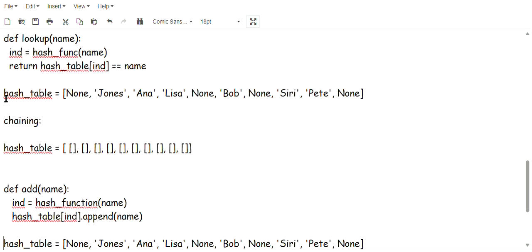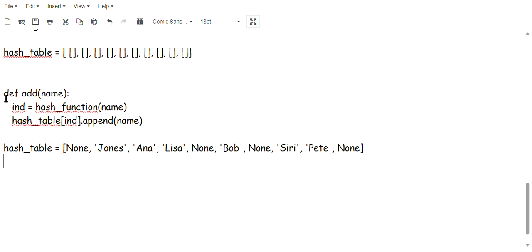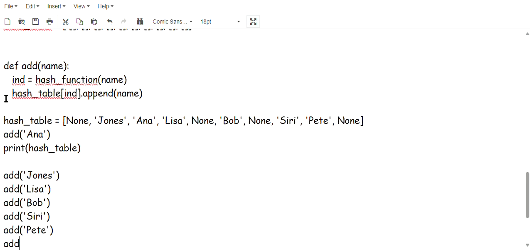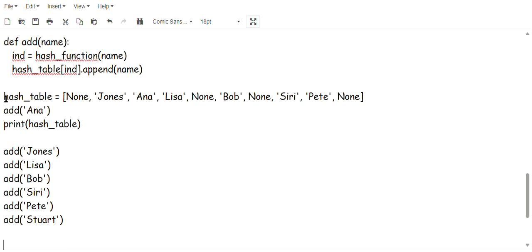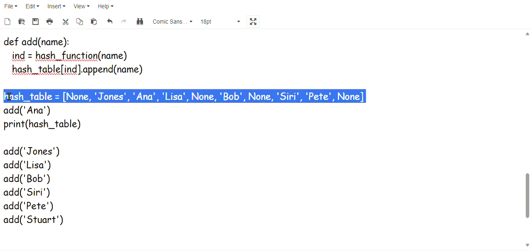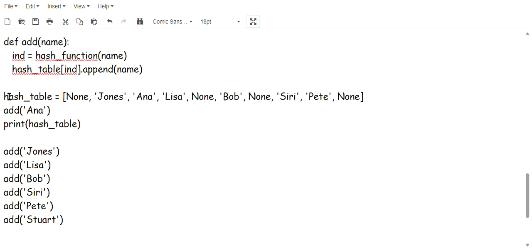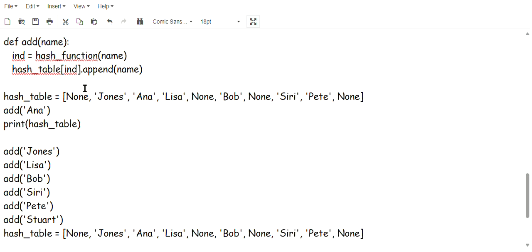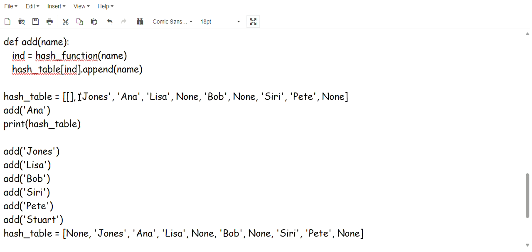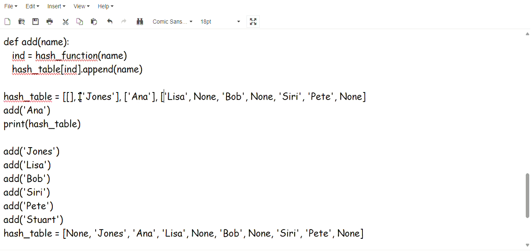Along with Stuart, let's see, we are adding Stuart. Now this becomes, actually this becomes empty and this is a list. Again this is a list. This is also a list, and